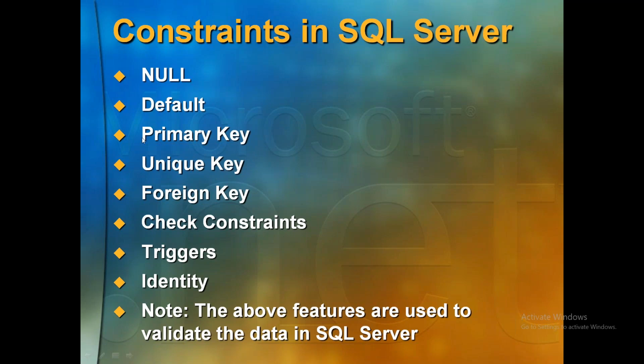GUID is automatically generating hexadecimal number. Okay, it is not I need one, I need two, I need three. It will not give you like that. It will give you some hexadecimal number, unique number it will give you. Check constraints, triggers, and identity. Clear? So these are the things we discussed. Triggers we did not implement. We'll see them later. The above features are used to validate the data in the SQL Server, but identity is